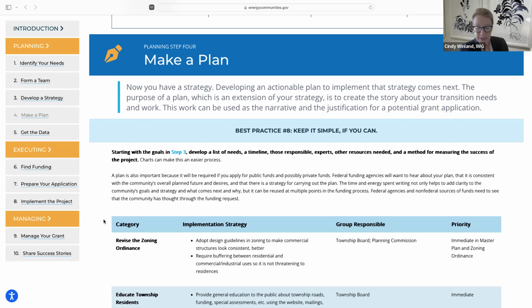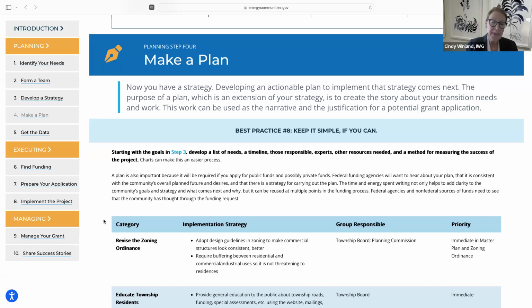So often an existing master plan or another kind of plan can be a good thing that you can actually amend to include some of the issues that you want to include in your grant, because you want to have a plan that supports your grant that says, we're here in the community, we've thought about these things, and now we're going to try and implement them by asking for some funding. However, these can be complicated and time consuming, we know that. And so a simpler approach can be writing a plan that takes the form of a resolution, which is really an annotated set of statements by the governing body, or as a simple standalone document.